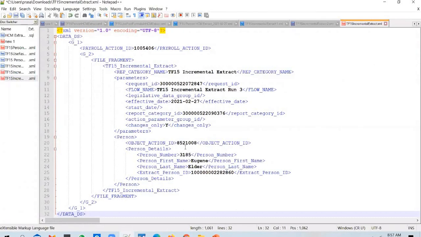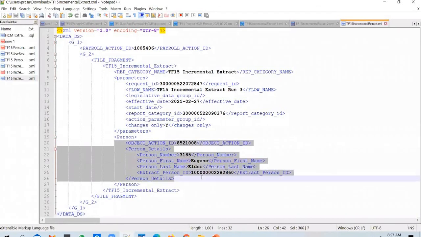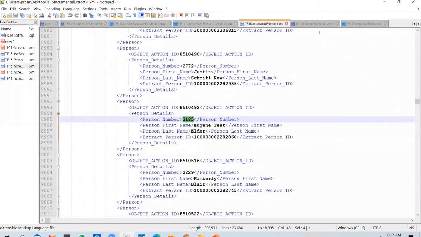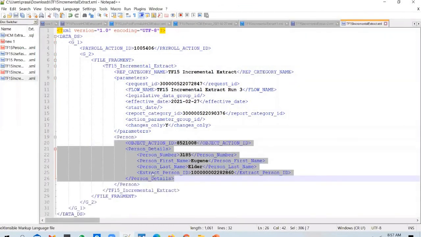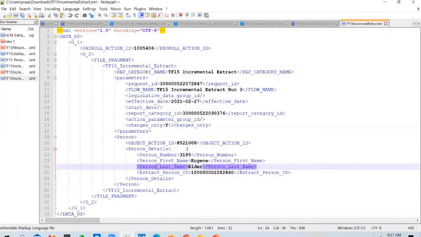If you look at the output, it has only one employee now, whom we have updated. So this is the first extract, all employees. Second extract, no employee because nothing has been updated. Third extract, it has pulled the employee whom we updated before running the extract the third time.